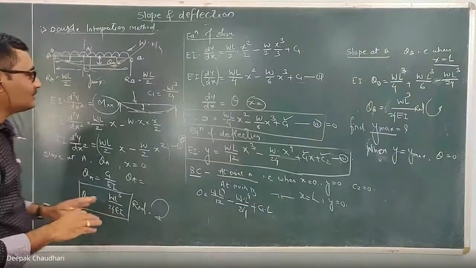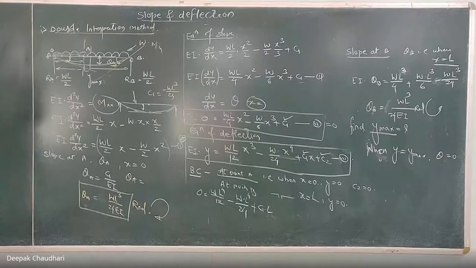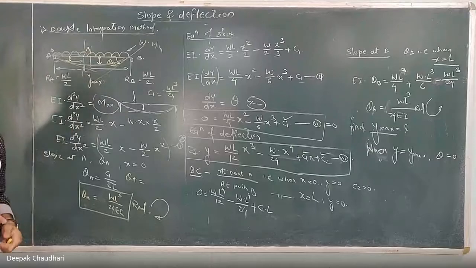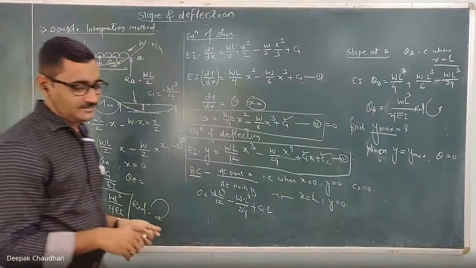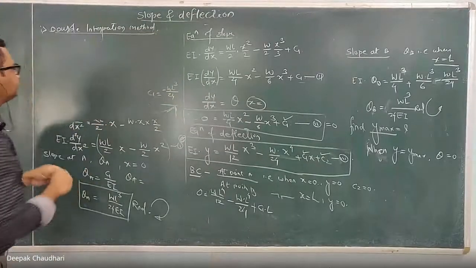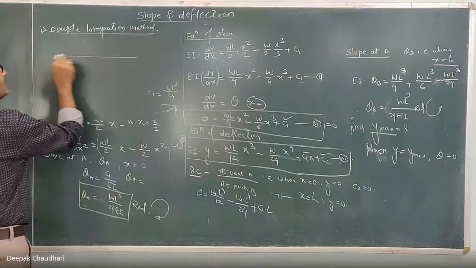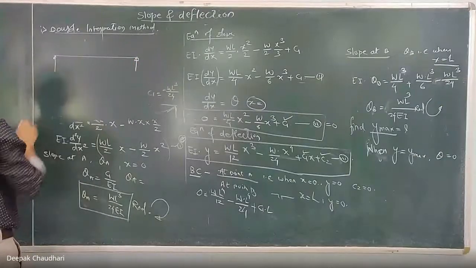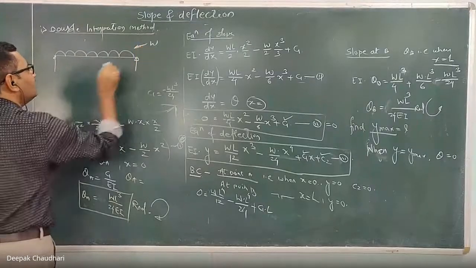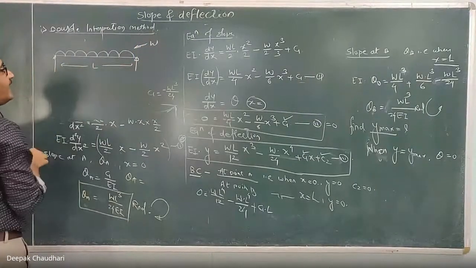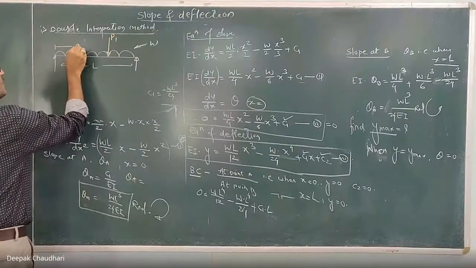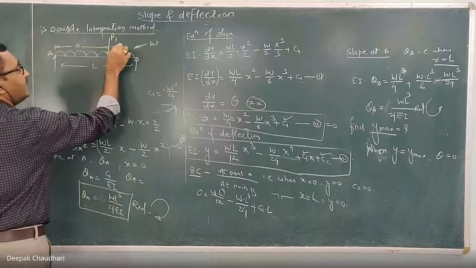Okay, so any difficulty in double integration method? Now, I have considered a simply supported beam carrying the UDL, but if there is a simply supported beam carrying the point load as well. Let it carry the UDL of W over the entire span, of length L meter, and let here there is one point load P1, which is at a distance of A from the left support, and let the remaining distance be B.